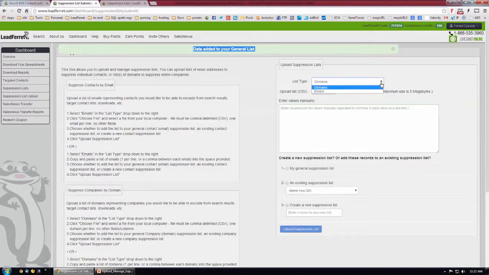As I showed you with the domains, you can do all the same things with emails, including select email, choose your file, add it to an existing email list, the existing named email list. It shows me all the different named email lists that I currently have and the quantity in each here. I can also create a new named email suppression list. I can also copy